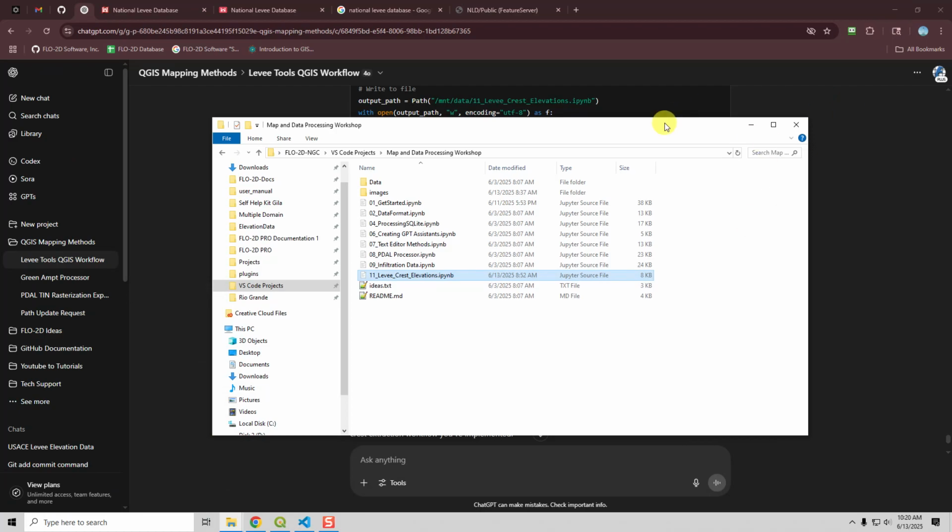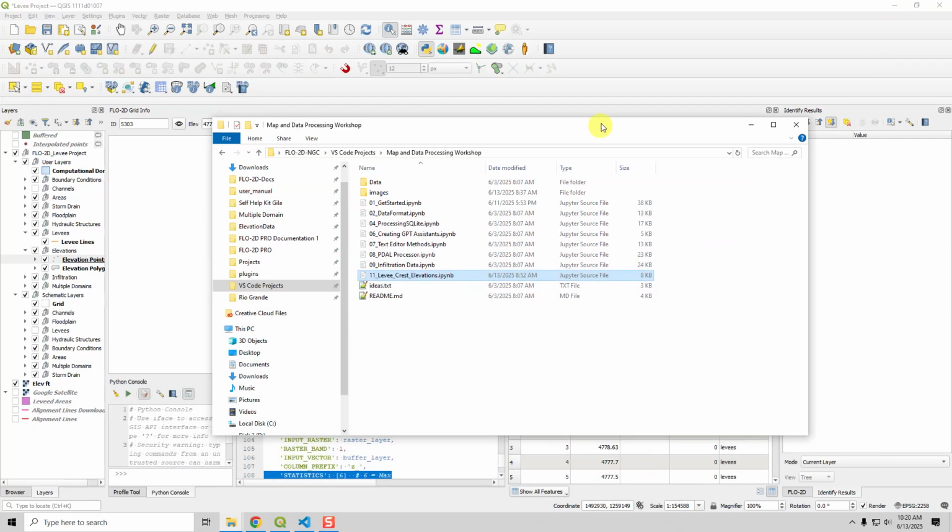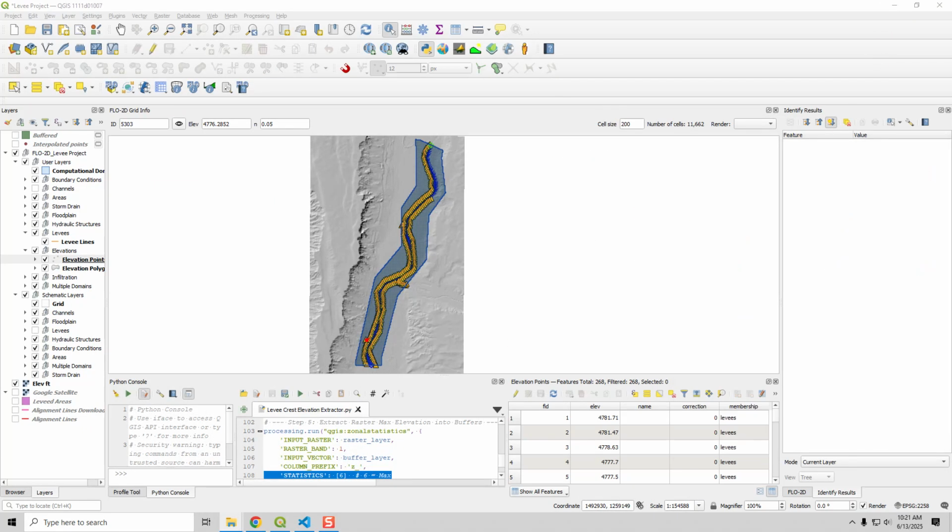All right, let's get back here. I'm not going to go over how I created or the workflow of getting that, because like I said, it took about an hour, so I'm not going to walk through that with you. But instead, what we'll do next is our levee processing. So we're finished with this guy,